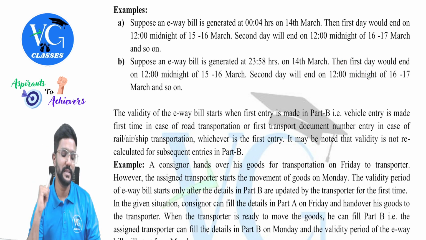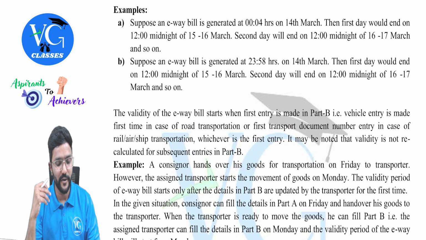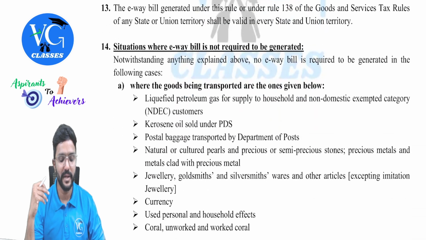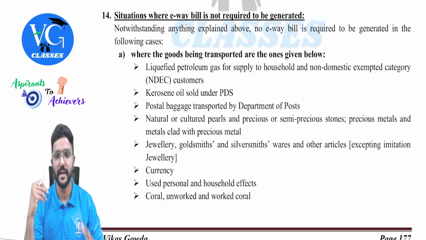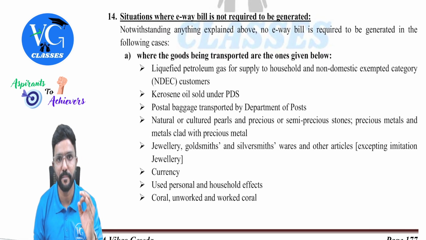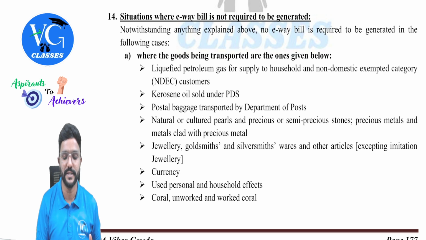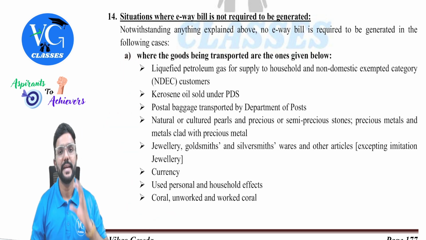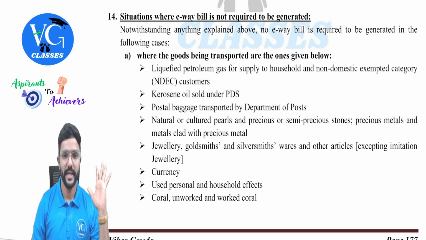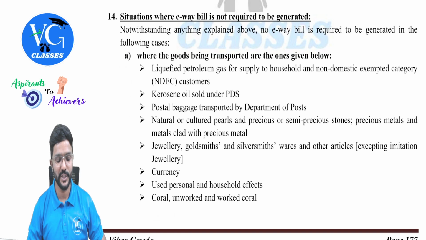Is that clear? Yes. And there are also cases for few goods, e-way bill need not be generated, guys. Just a minute. For few goods, e-way bill need not be generated. I have just given the list here. This is a part of my provision book. If you want, you can just pause for a minute and go through the list. For the following goods, irrespective of the consignment value, e-way bill is not required, guys. E-way bill is not required. I will just show you the list.